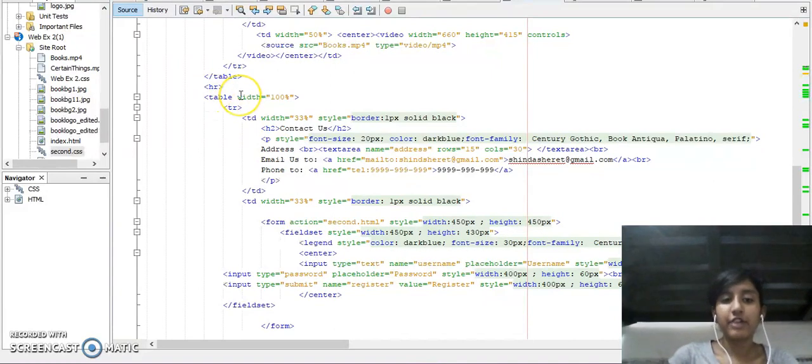Next, once again, I have divided the table into 3 equal halves, so that I have one contact form, another registration form, and the other is a Google map, in order to show the area where the bookstore is located. So we'll divide it into 3 equal halves. So I've taken it as 33% approximately, and I've given the heading as contact us for the first